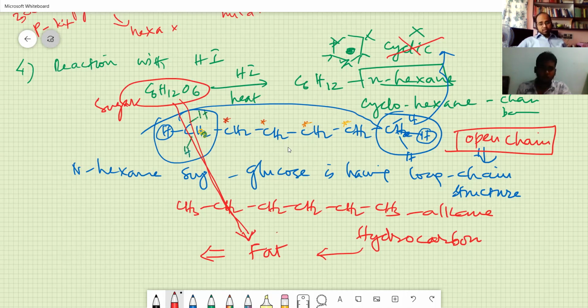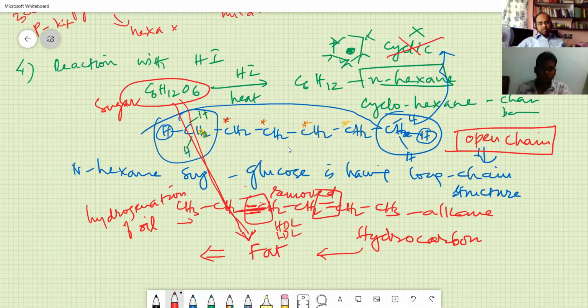And this is not to be confused with LDL, HDL cholesterol. It's a separate kind of fat which is found in oil. I think this is quite similar to hydrogenation of oils. In the hydrogenation of oils, you'll have double bonds here and there, in this place and at this place. So using temperature and some catalyst, it will be converted into a single bonded compound. As long as you have double bonded compounds, they are unsaturated, they are reactive, they can be removed from your body. But once saturation comes like this, it becomes a fat and that gets deposited.